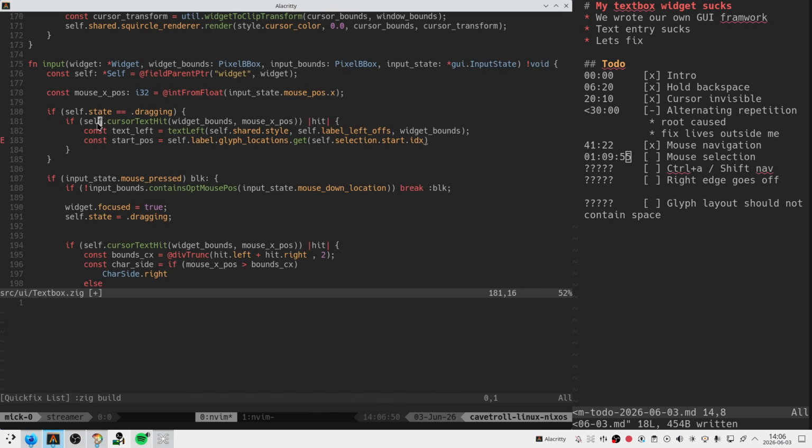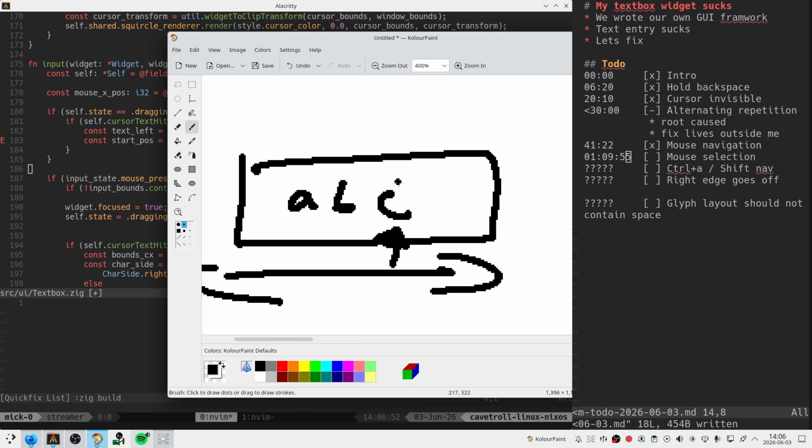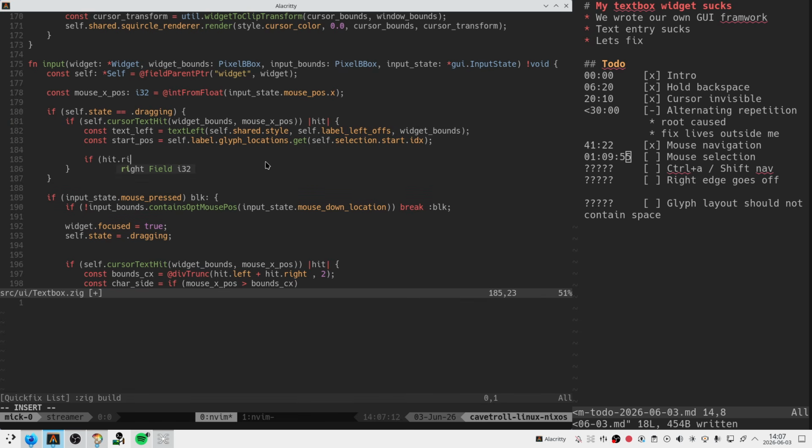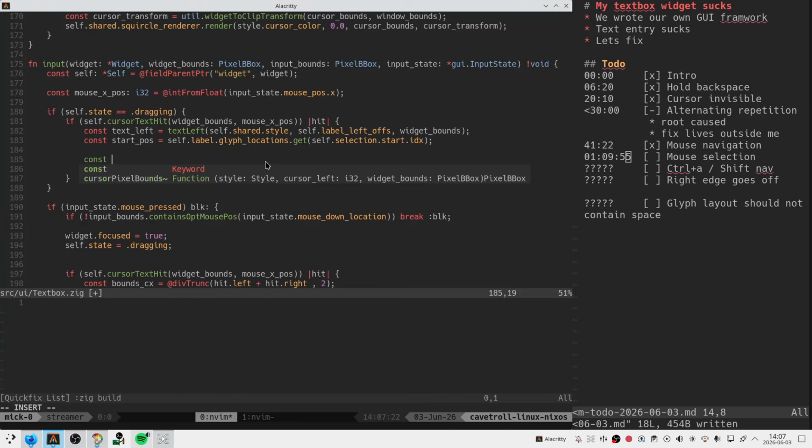So we have this hit, and we say, if we hit a character over here, we now have everything that we need to set the selection state. And if we hit a character over here, we do as well. It just depends. So if we are left, if hit right is less than start, pause,